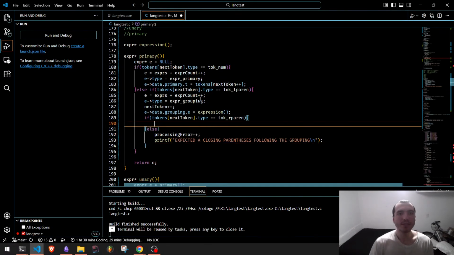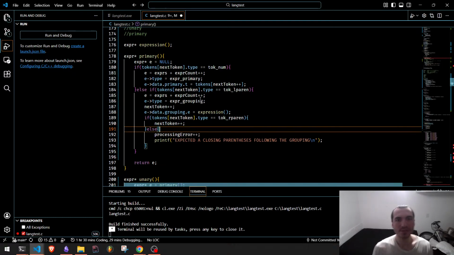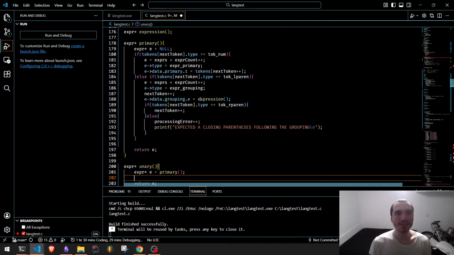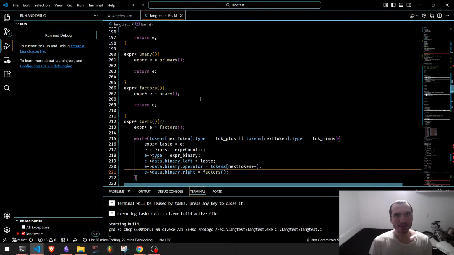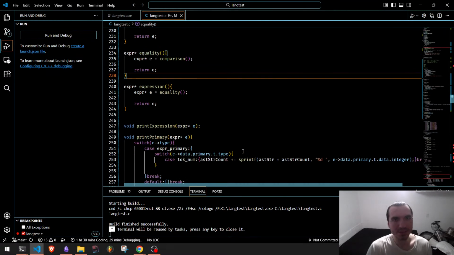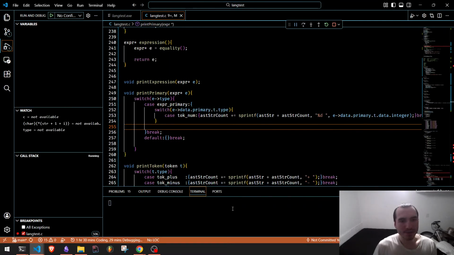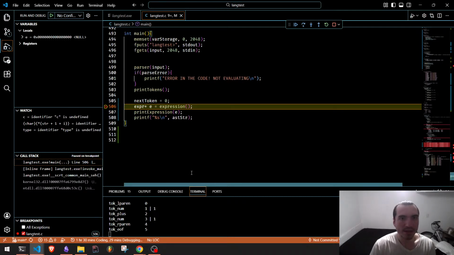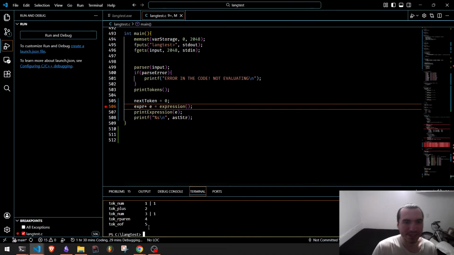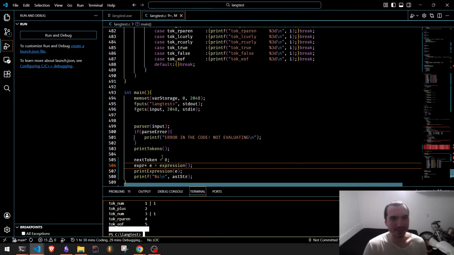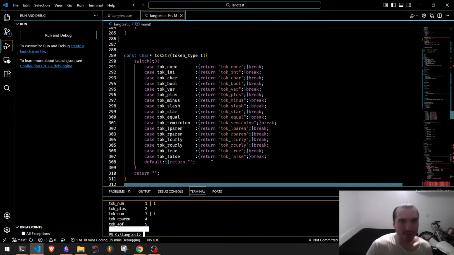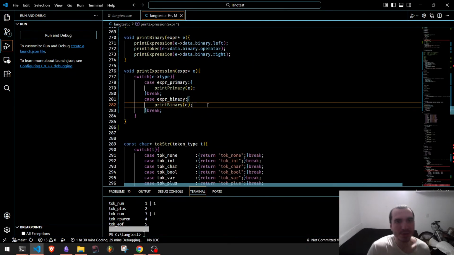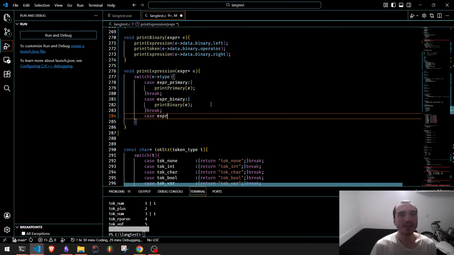Okay. And we'll do next token plus plus. Otherwise, we have an error. Okay, so let's see if that fixes our stuff. Oh, but we also need to, we can run it. And you'll see that we can print everything, but there was no case to print a grouping expression in the print expression, so we need to add that next. So we'll do print expression, case, expression grouping,